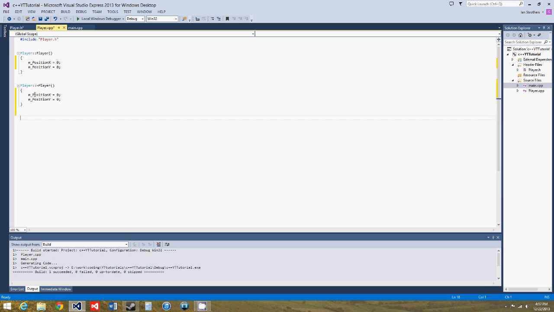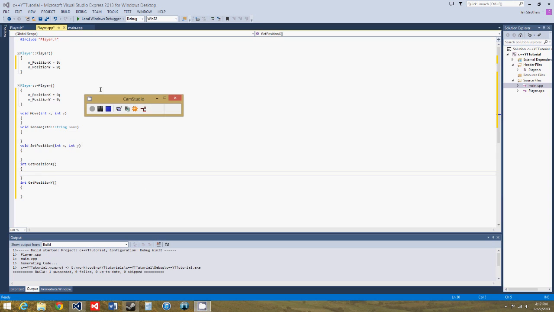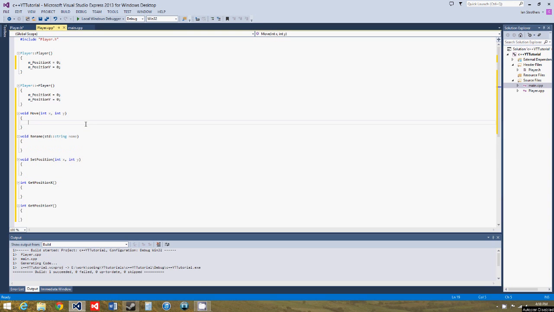So now let's define some of the functions. I'm just going to do some copy and pasting. Control C, Control V, Control V, get rid of semicolons. And we'll make these function bodies. Like that. And now let's define the functions. So move will have one